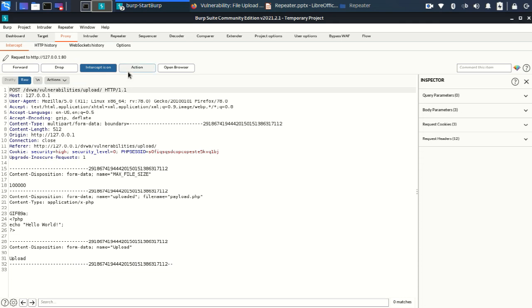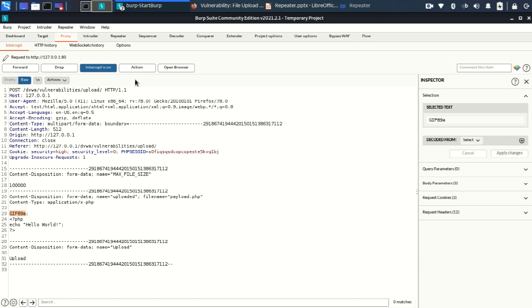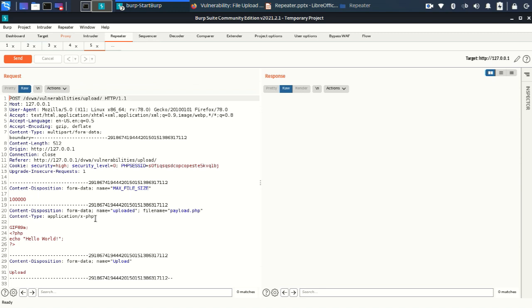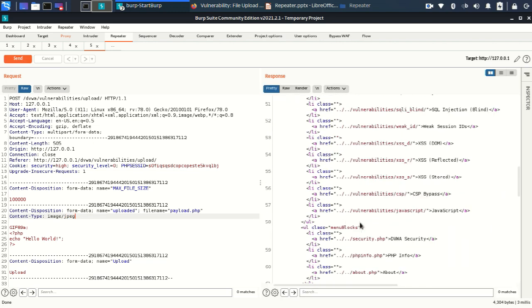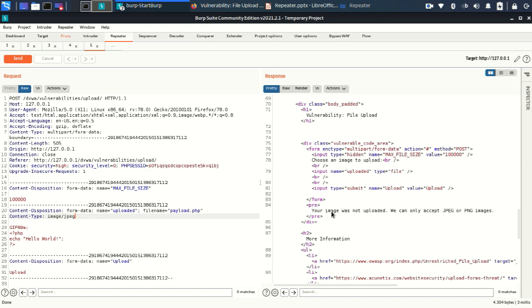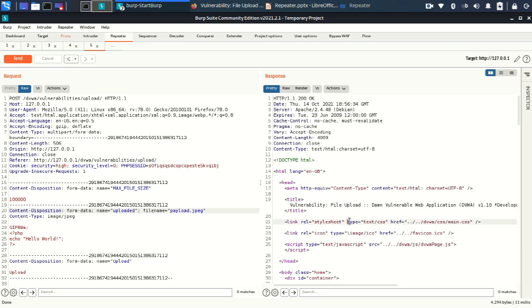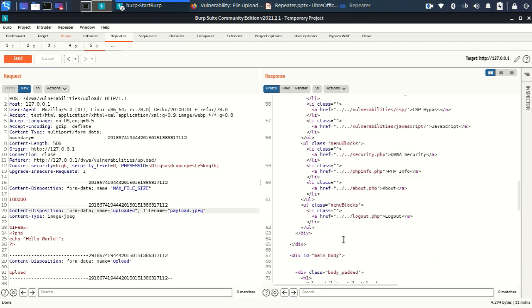First of all we'll change it to image.jpeg and see whether it is uploading or not. Image was not uploaded. Okay, that means we have to change this thing also. Let me make it jpeg. Now let's see whether it is uploading or not. Yeah, see, now it has been successfully uploaded as payload.jpg and not a PHP file.